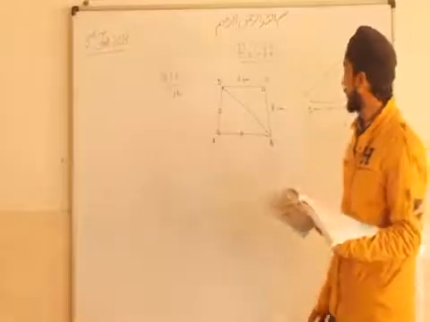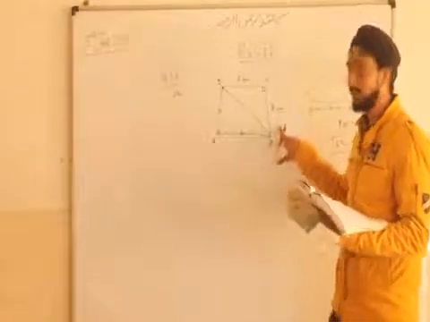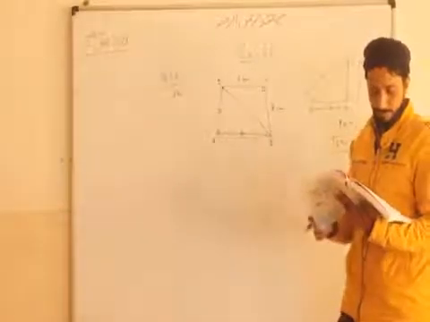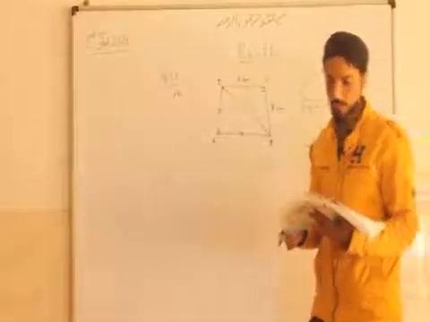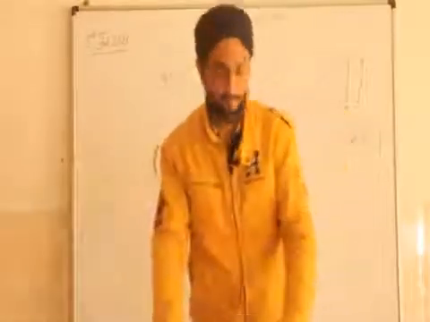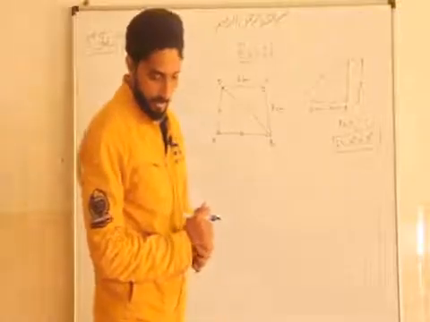BC equals 8 centimeter. This is BC. This is 8 centimeter given. Then find AB and calculate the area of triangle ABD. First we have to calculate